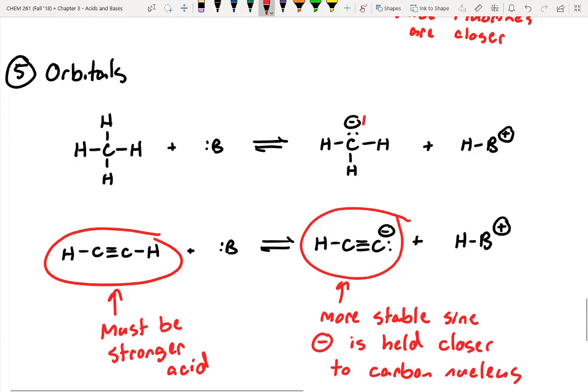Yeah, it's a bit weird. If you think about chloride, it's a point charge, so that negative charge can go around the entire atom. Versus this one, it's stuck in one orbital. Okay? And so because it's stuck in one orbital, the cloud size is about the same between sp and sp3. But it's closer to the nucleus of that